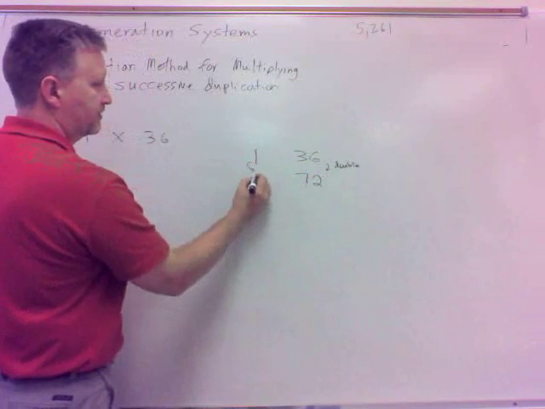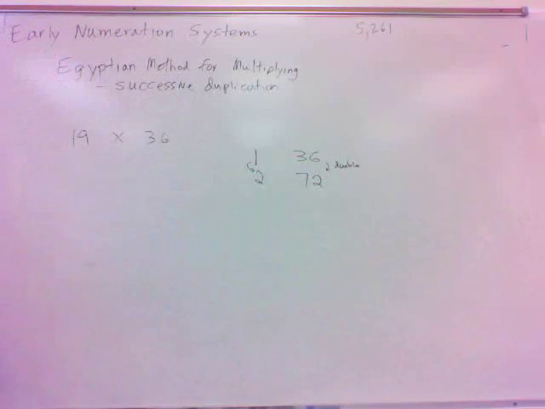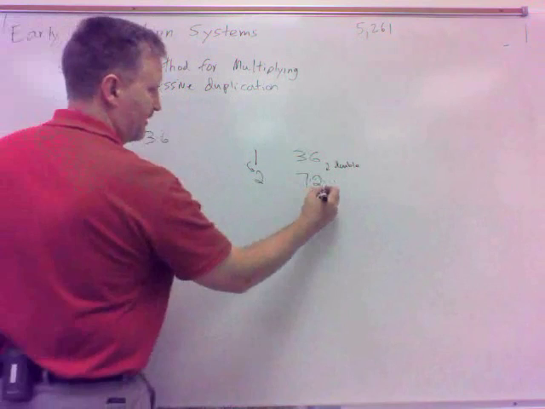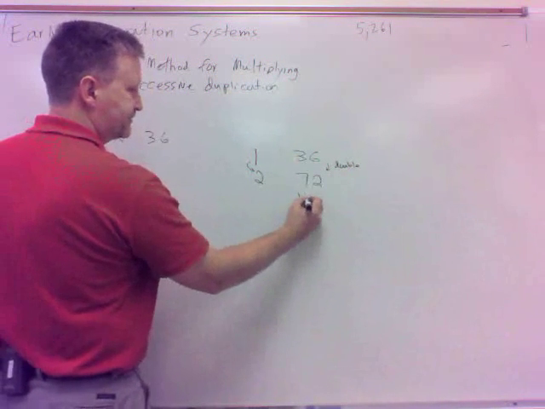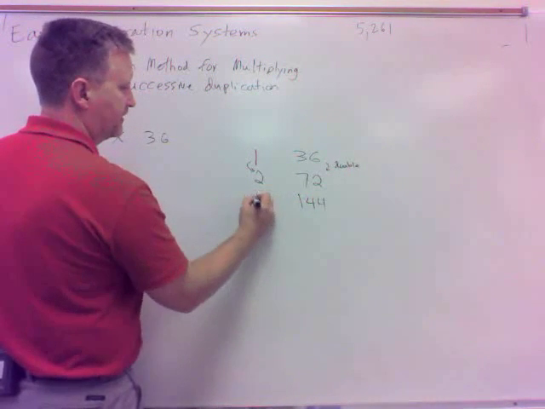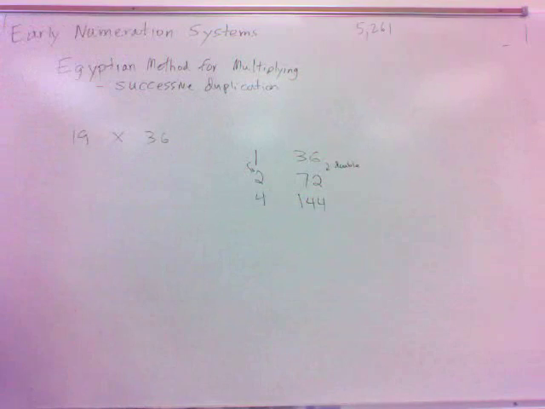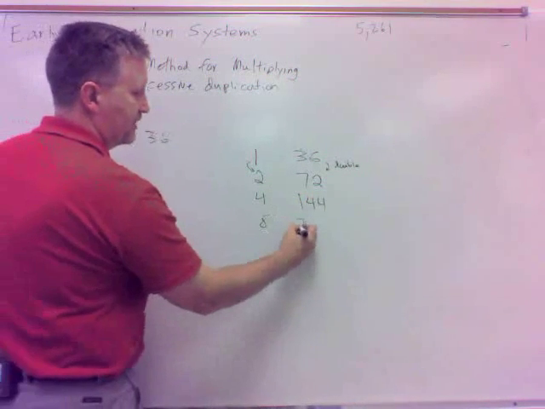Double here gives me 2. All right? So we're just going to continue doubling, like I said, until a certain point I'll tell you about in just a second. So I double again, 144. Double again, you get 4. So I just keep doubling down here. All right, so 8 and 288. Now,